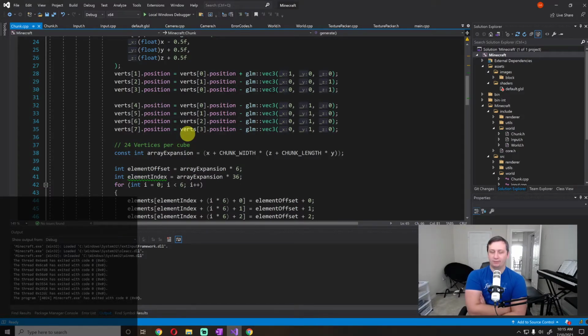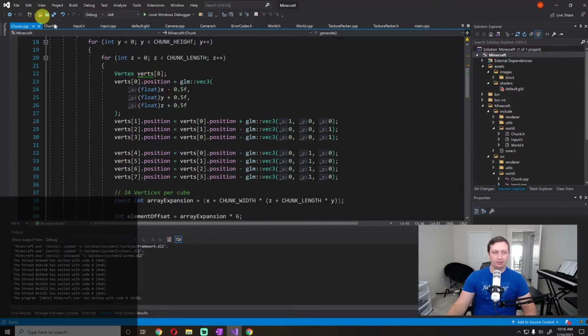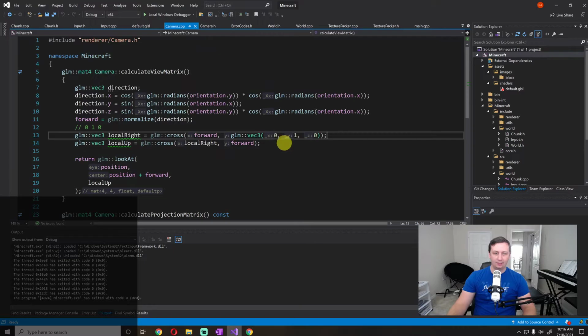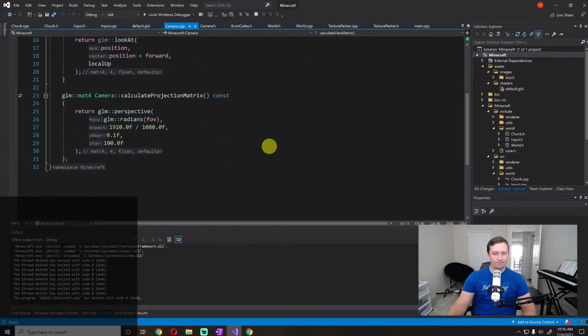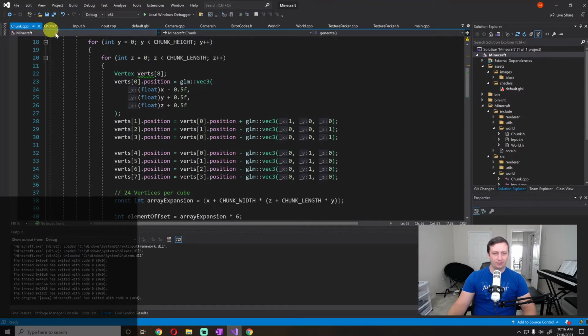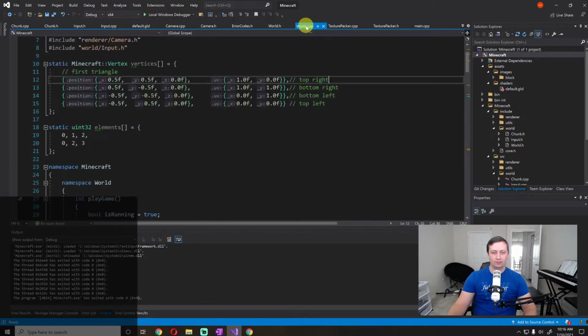Does OpenGL have the Y direction as pointing up and down? Or do we have to define that somewhere in the way we're rendering? I think our camera should define that, which we do. We say 0, 1, 0 is the up vector. Yeah. So then if we go back to our world.cpp,